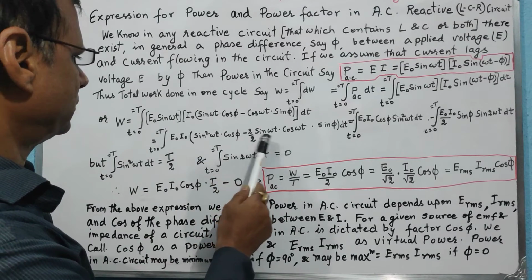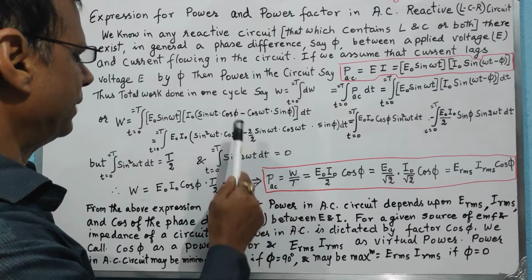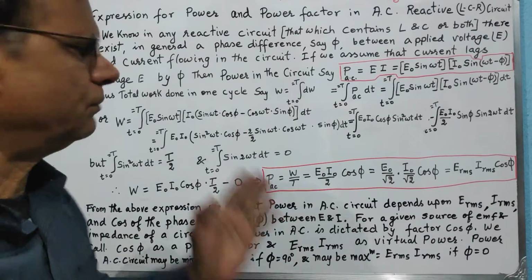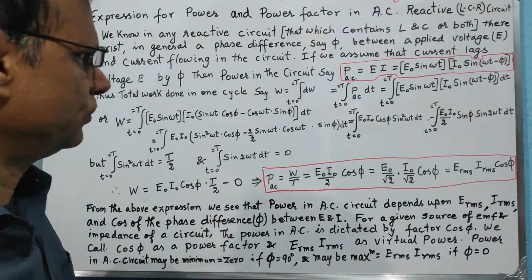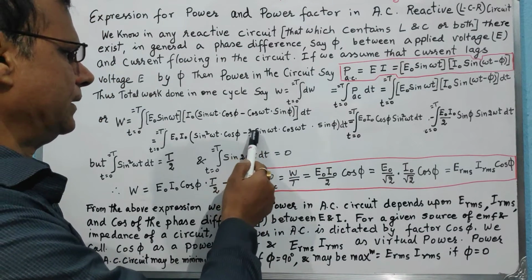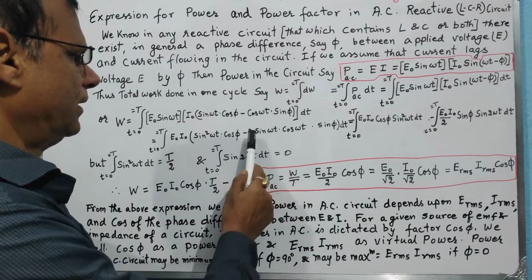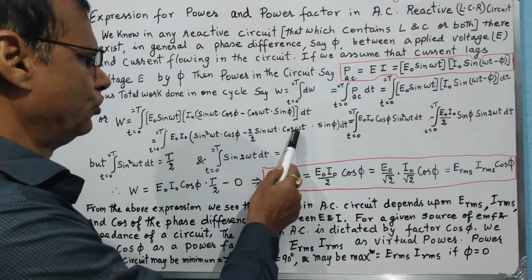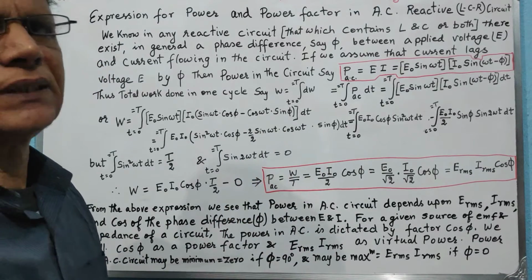Also, you see we have written a factor 2 by 2, so there is no harm done. We multiply it by 2 and divide it by 2. Why have we done it like this? Because we want to write it in some standard form, and you know 2 sin A into cos A equal to sin 2A.